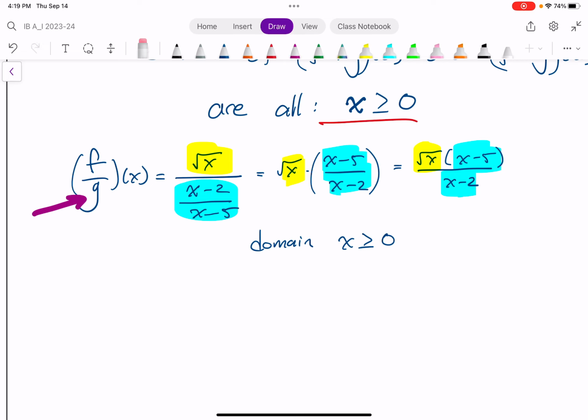Well, you could graph x minus 2 over x minus 5 and just see where the output is 0. Or just realize that the only way a fraction of x minus 2 over x minus 5 can equal 0 is if